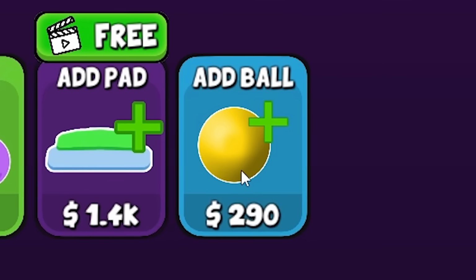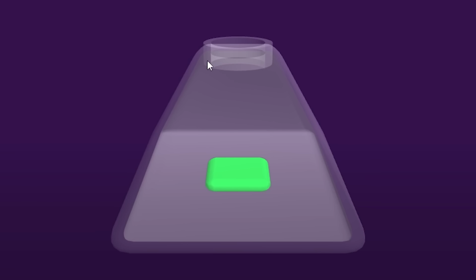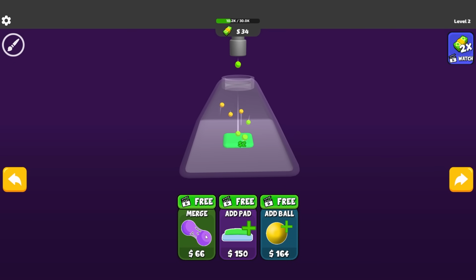I feel generally just like more balls is better. And because we hit $10,000, we now have a pyramid-shaped glass container ready to be filled with balls. We're just going to spend all the money on balls at this point. Now we are going to merge a few of those together because that's still quite cheap. You know what? We're just going to hit that until we run out of money, and then this one is